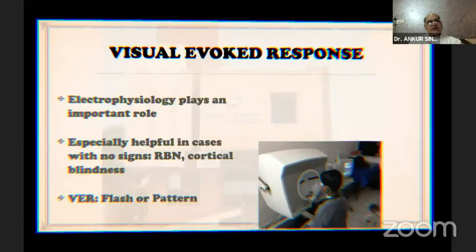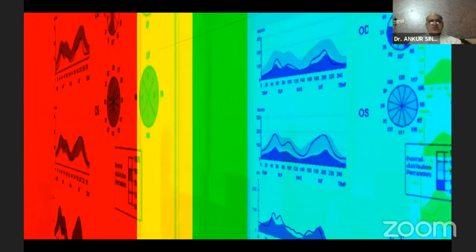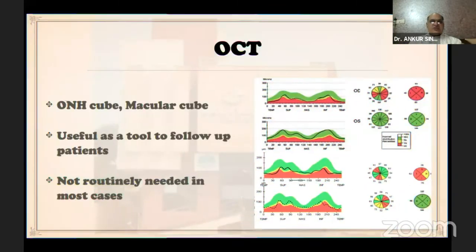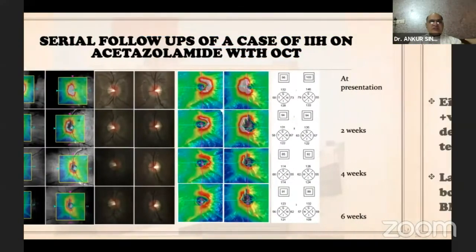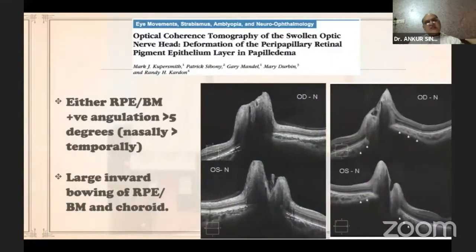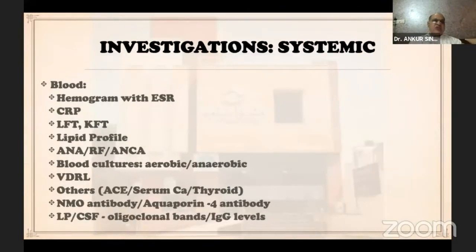I think we again have a full lecture on electrophysiology. OCT can help us to diagnose as well as prognosticate the cases and follow up the cases. Again, we will have a full lecture on OCT. Now, systemic investigations include a lot of blood investigations, including hemogram, ESR, CRP, LFT, RAP, autoimmune profile, including the NMO,